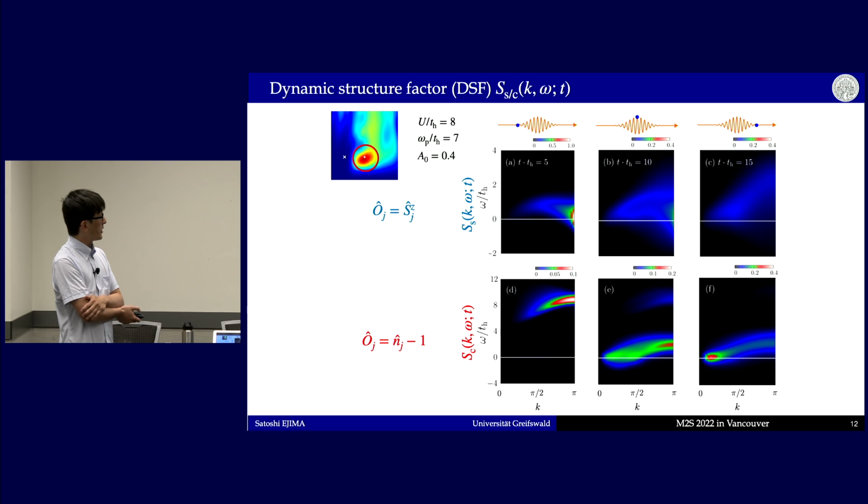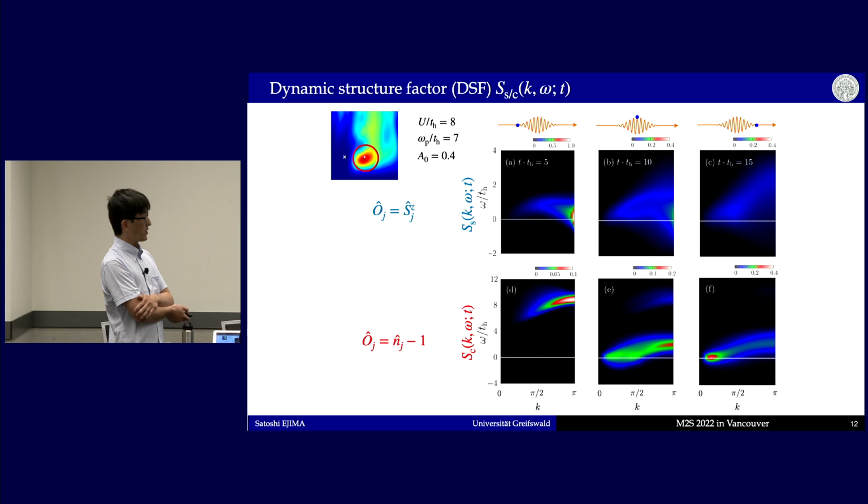And finally, I also show the dynamic structure factor. At t is 5, the spin dynamic structure factor shows the gap closing at momentum Q is 0 and pi, as in the equilibrium, and the spectral weight is reduced, reflecting the suppression of anti-ferromagnetic correlations. And the lower panels are for the charge dynamic structure factor, and at t is 5, we see